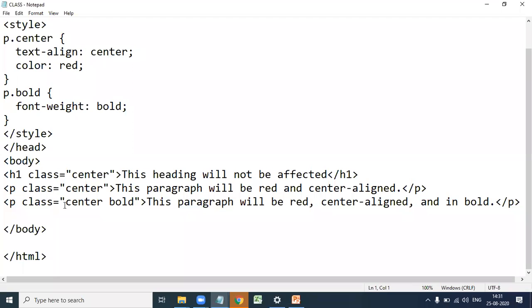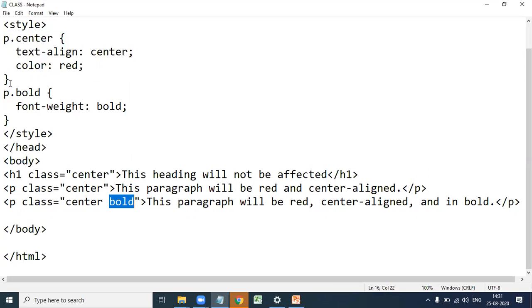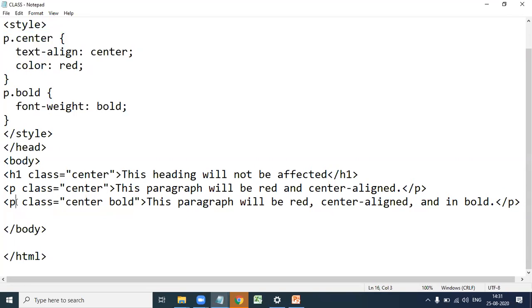So here we use two styles, one is center style, second one is bold. We apply two styles to the same tag.